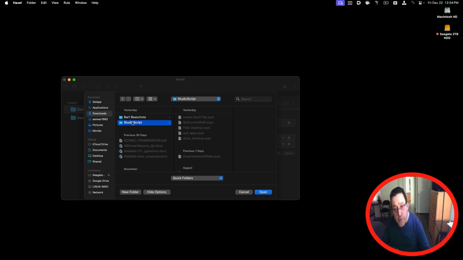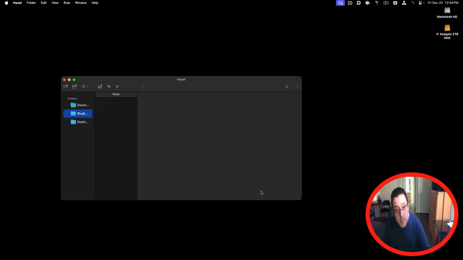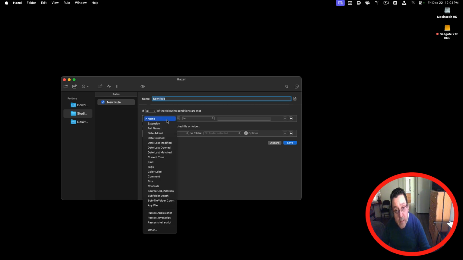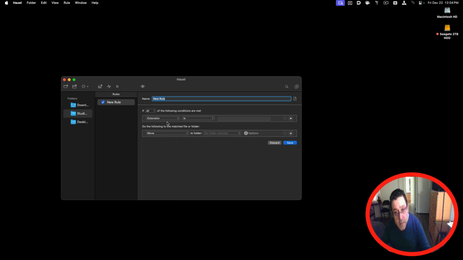So here's a script folder, and now it's going to watch that folder. I'm going to add a rule right there, and let's say the extension is JPG, for example. So if there's an image in that folder,